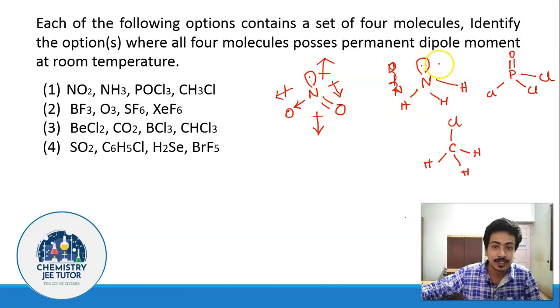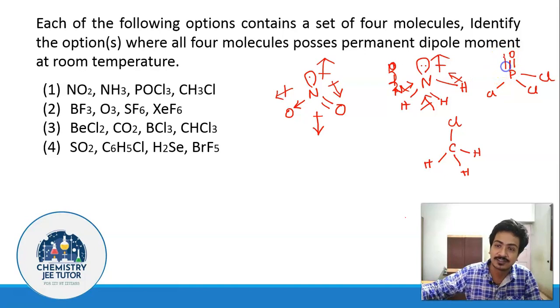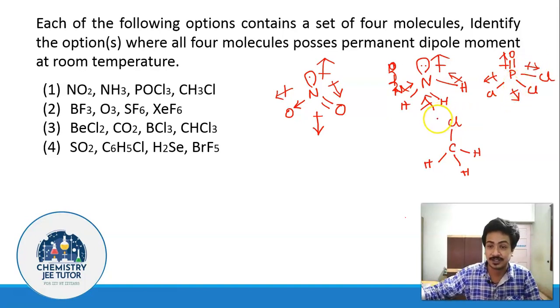In this case as well, there will be a resultant dipole moment because this is drawn in this direction, this is additive in nature, so this ought to have a resultant dipole moment. In this case as well, it is going to be the same, because the magnitudes are not same, it is not going to cancel each other, and the structures are not symmetrical. If it would have been CCl4, since this is a symmetrical structure, we would end up with a dipole moment of 0.